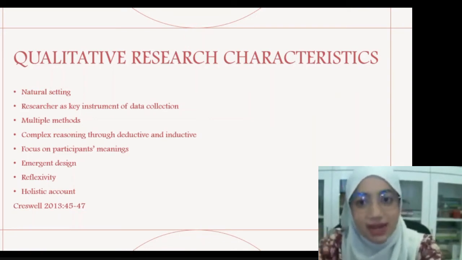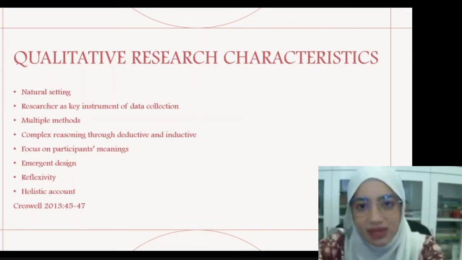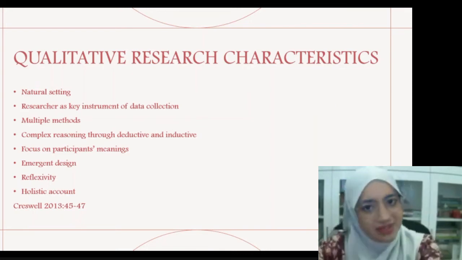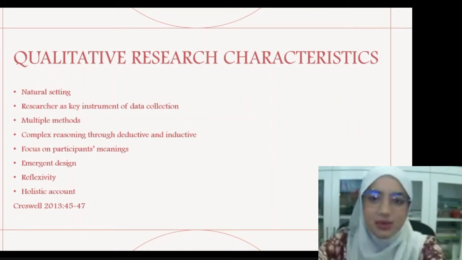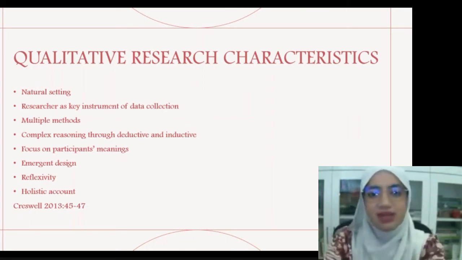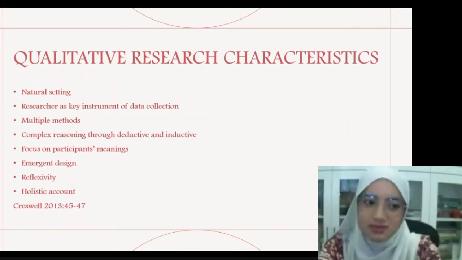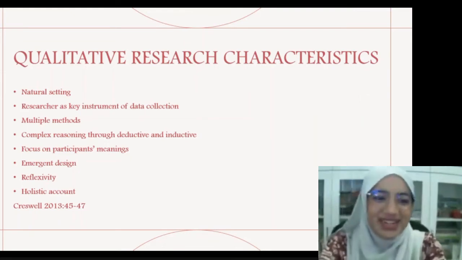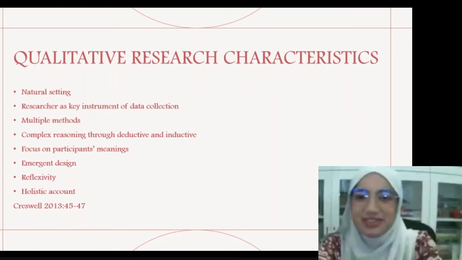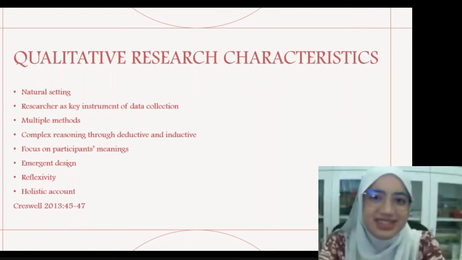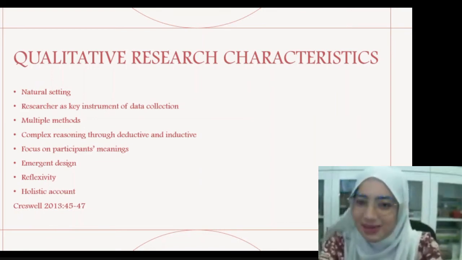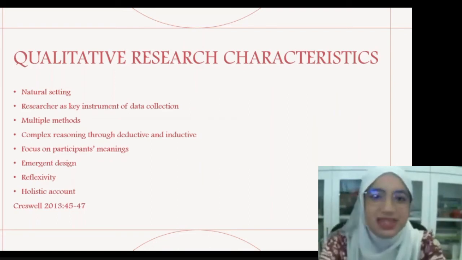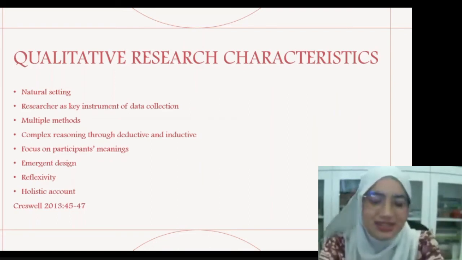So all of that, every single step of the way, and you have to determine when you will stop. You and of course your supervisors will determine when you will stop, when the data reach saturation. And when do you know it is reaching saturation? When after a few interviews, maybe 10 or 20, you get almost the same answer. You can already see the pattern. That is the meaning of saturation in qualitative research.